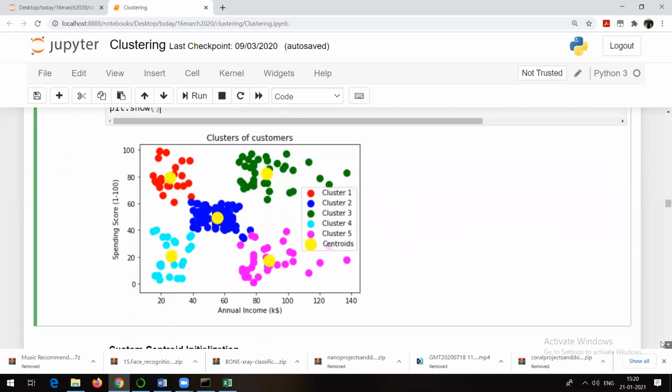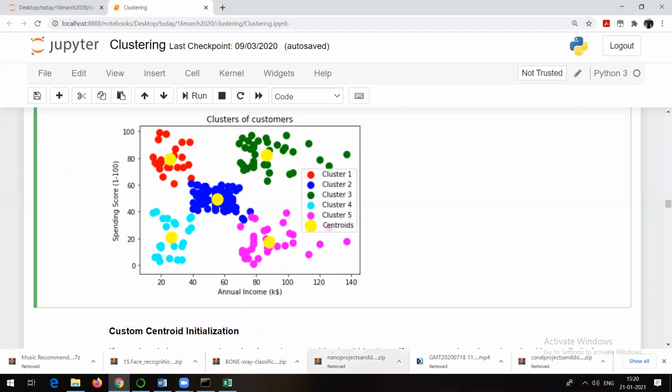This particular code is written to get something like this. This is our original data set, but this time it is divided into different clusters. You can check spending score and annual income.